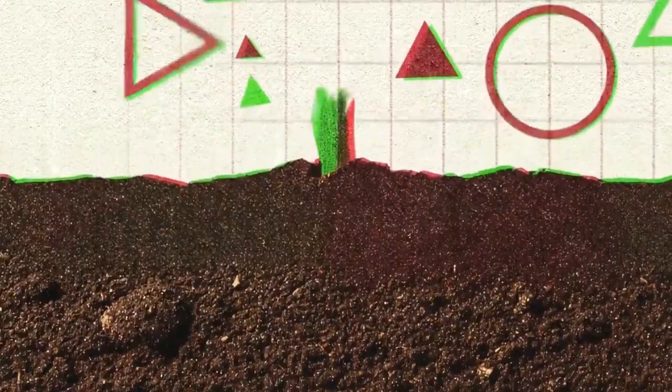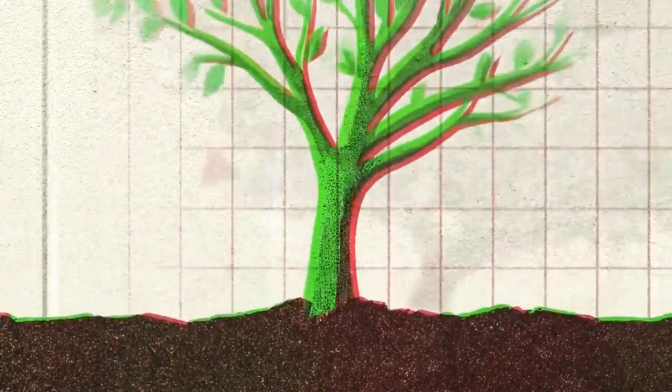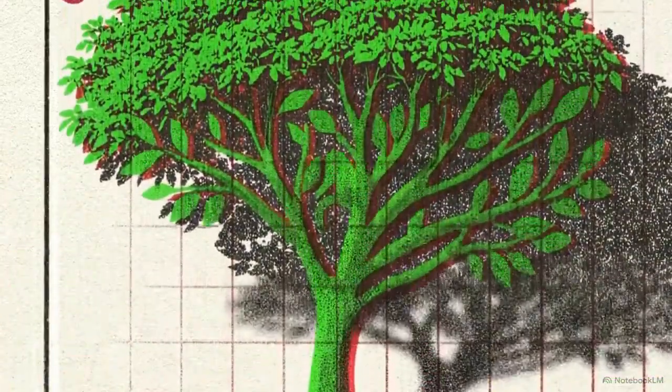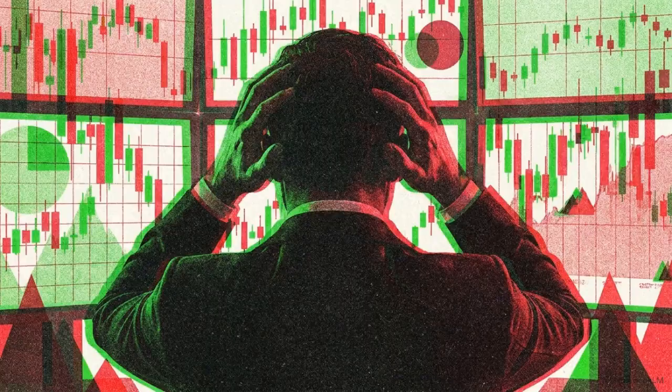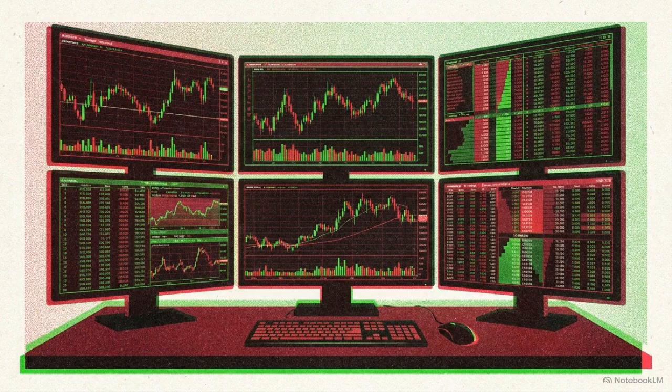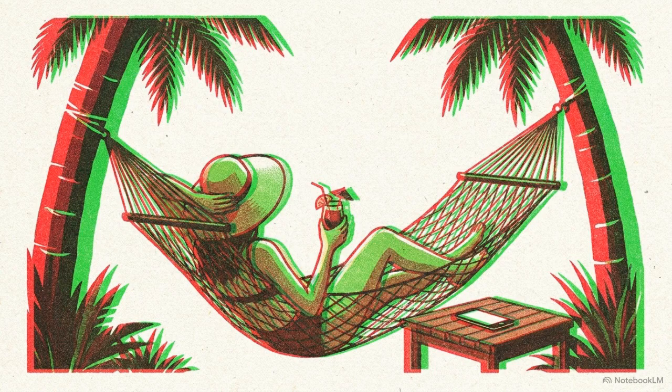The long-term investor takes a hands-off approach, building massive wealth by simply letting time slowly compound their assets over decades. Compare that to the short-term active trader, who willingly sacrifices their mental peace, glued to screens to chase immediate, stressful market fluctuations. Similarly, the passive investor delegates the heavy lifting entirely.